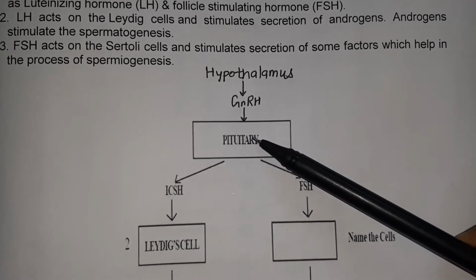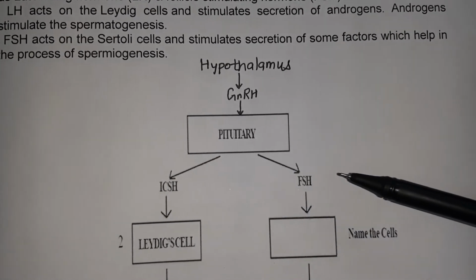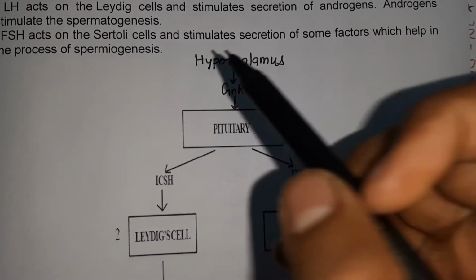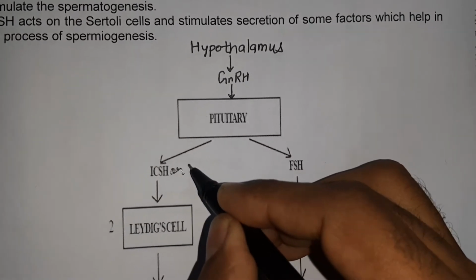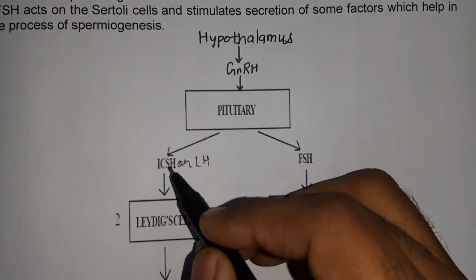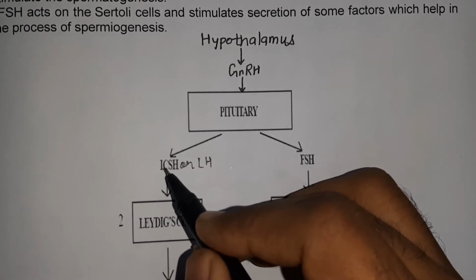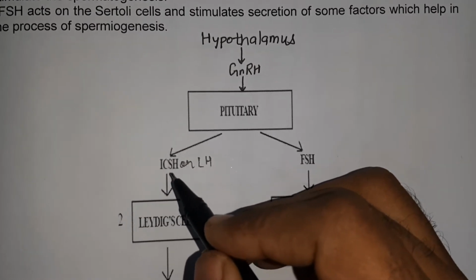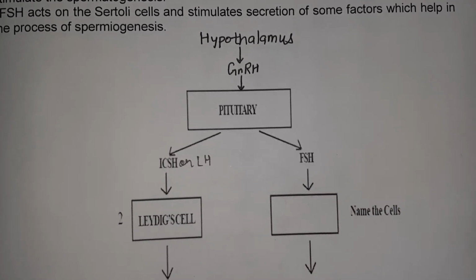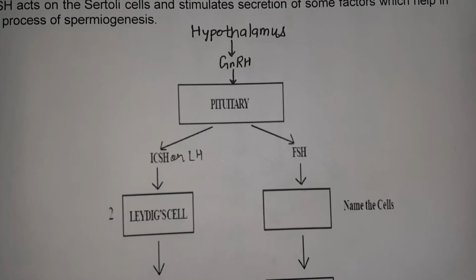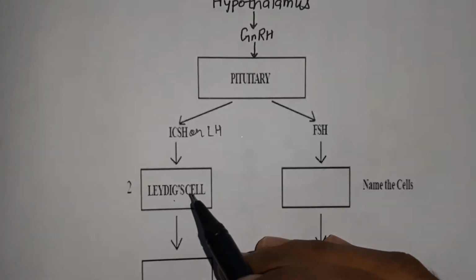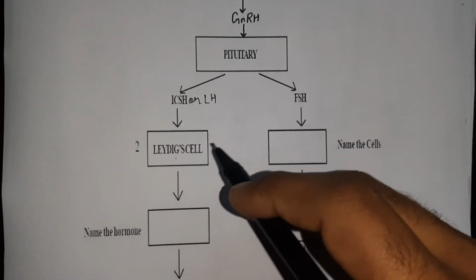Then the anterior pituitary lobe releases two gonadotropins. One is the follicle stimulating hormone and the second is the luteinizing hormone, LH, or we call it interstitium cell stimulating hormone. What is interstitium? It is the space between the tissue. So we have seen the section of the testes. In between the seminiferous tubules there is a space in which there are Leydig cells. So LH acts on the Leydig cells which are present in the interstitium of seminiferous tubules, and then